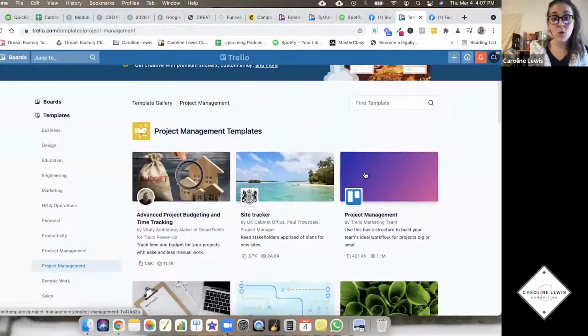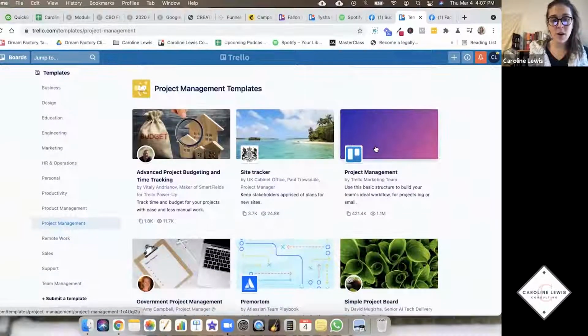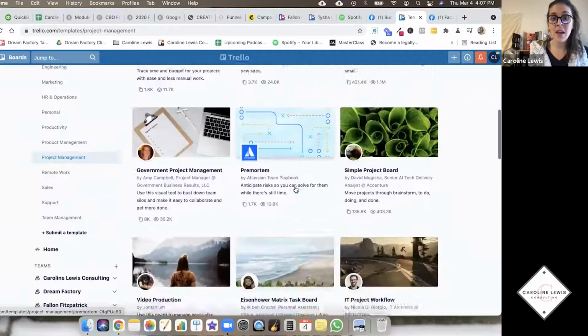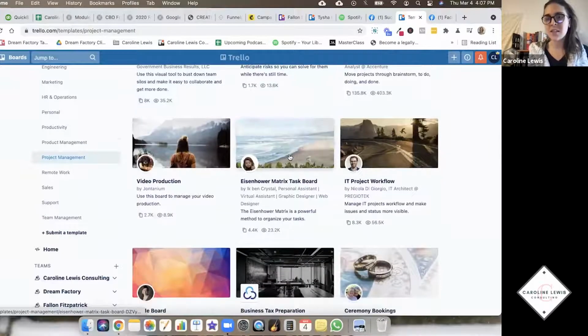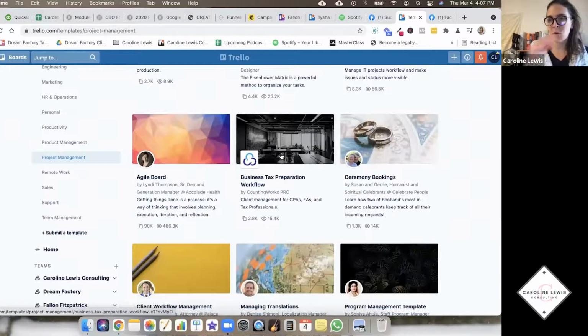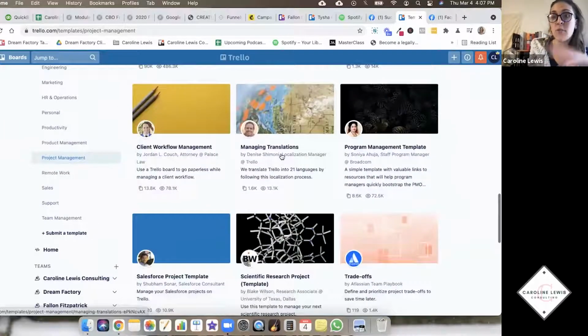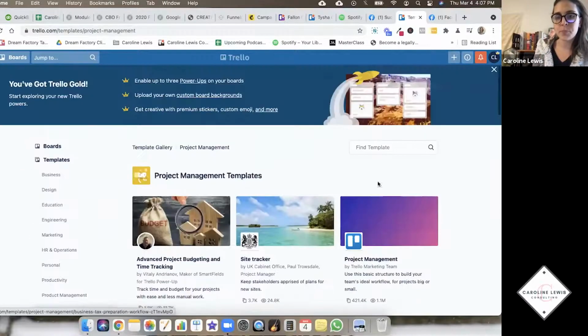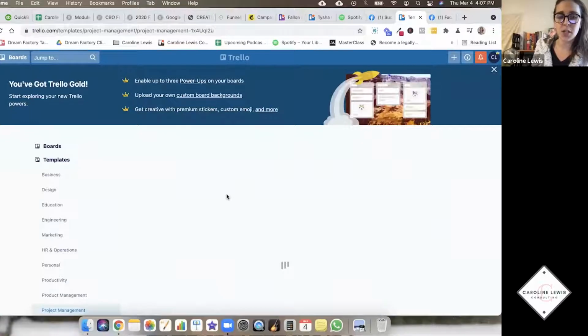So I normally just start with the beginning one, which I'm going to show you. But as you can see, there are tons and tons of different boards. And when you open some of these up, it actually will give you a bit of a layout, so you don't have to start from scratch. I like to start from scratch because I like to customize it to my specific client or business. So when you go under project management,